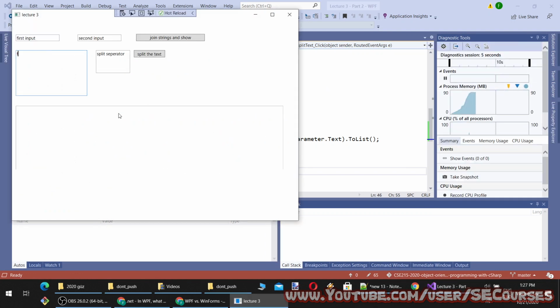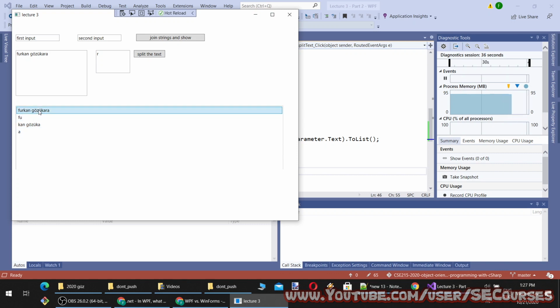Okay, so the text will be, and I want to split it with, let's say, 55 as a string. When I click the split, it will just type this because there is no 55 as a string in the main input. However, if I want it to be splitted by character R, you see it becomes like this.